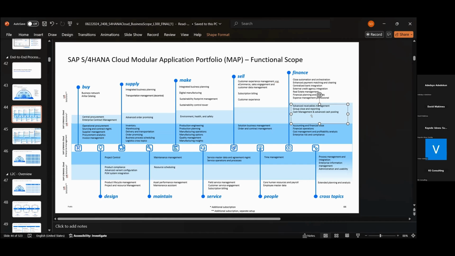Now, all these processes report to the finance model also. We have financial planning and analysis, and expense management, because you want to know how your expenses are to be able to manage them. Talking of distribution, cost and profit center, we have that. Then advanced receivables management, SAP S/4HANA also supports that.